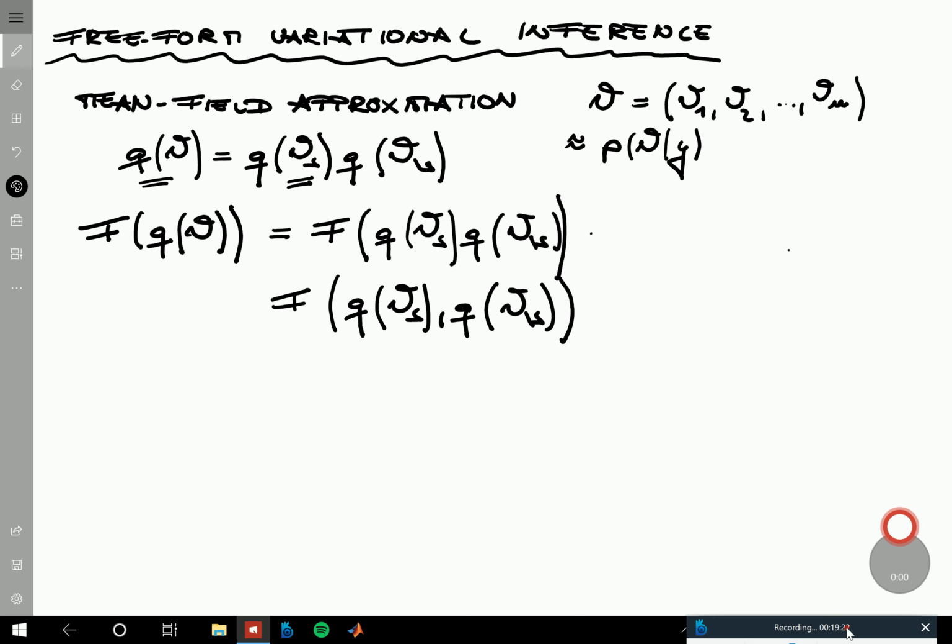So this is, of course, not the same. I mean, here the whole thing is a function of 1 distribution, and here the thing is now a function of 2 distributions. So if one would be more careful with the notation, one should have different symbols for the f and so on. But at this level, it just makes the notation more complex, so we leave it out. So the aim is to actually do a coordinate-wise ascent of the free energy